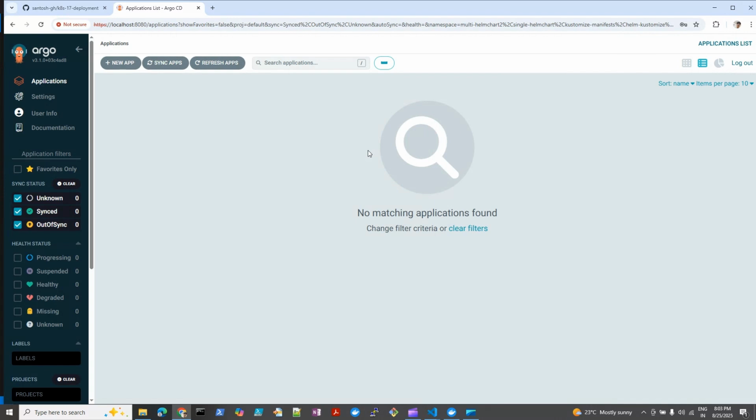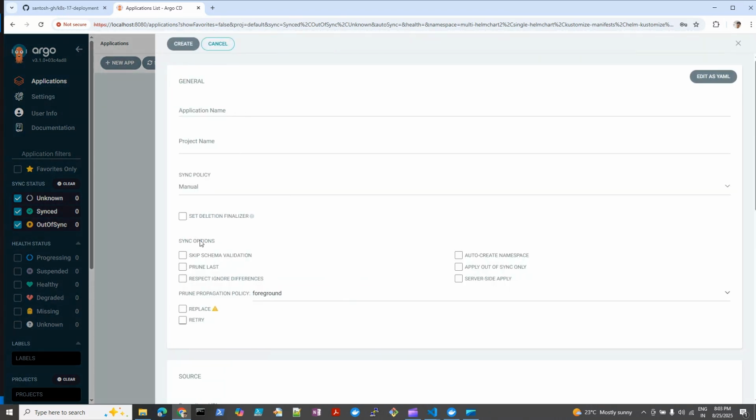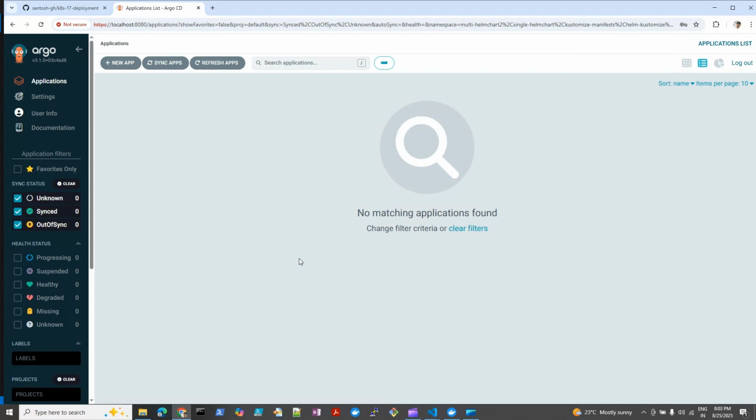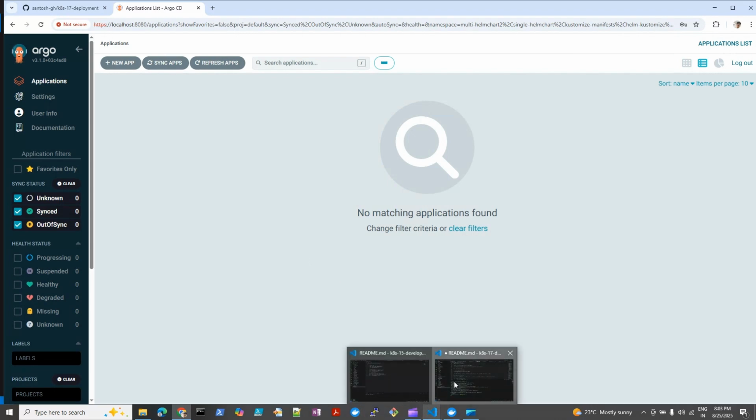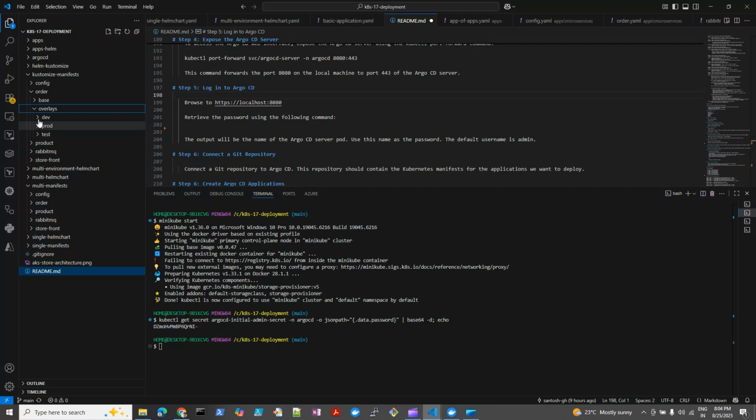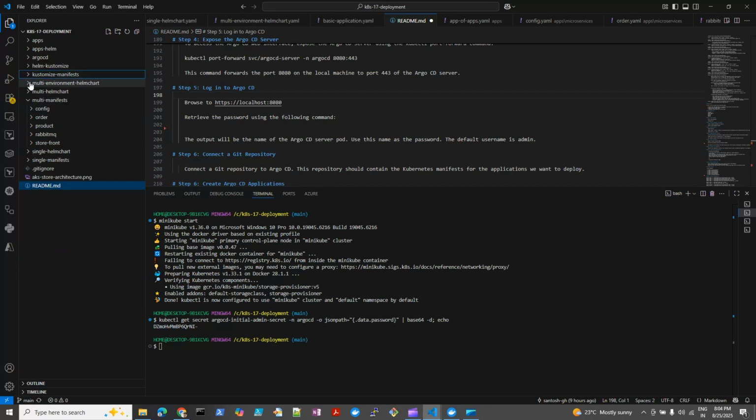So there is another way. Instead of creating the application in the UI itself, we can also do that by using a manifest file. The manifest file will help us to create the Argo CD applications. So for example, if we go to this